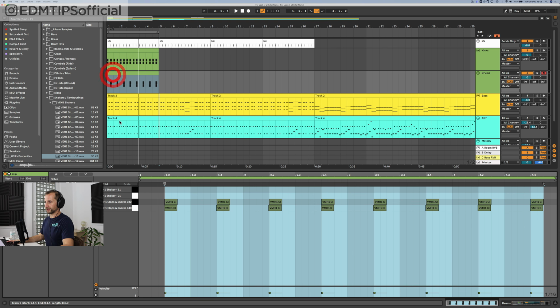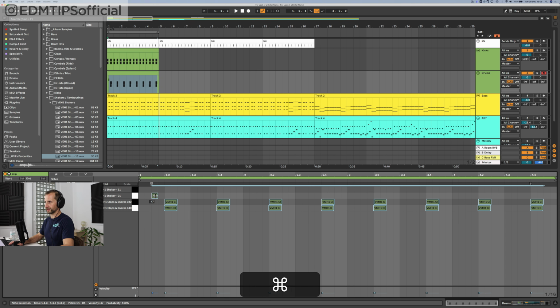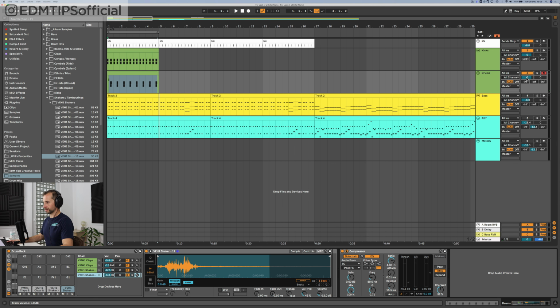So let's just program this in. We're going to have a shaker exactly where you'd expect the hi-hat to be. Oh, that's why it's so quiet, because all of the velocities are right down. All right, let's whack all of these up. And then turn down our drums because it's going to be too loud now.